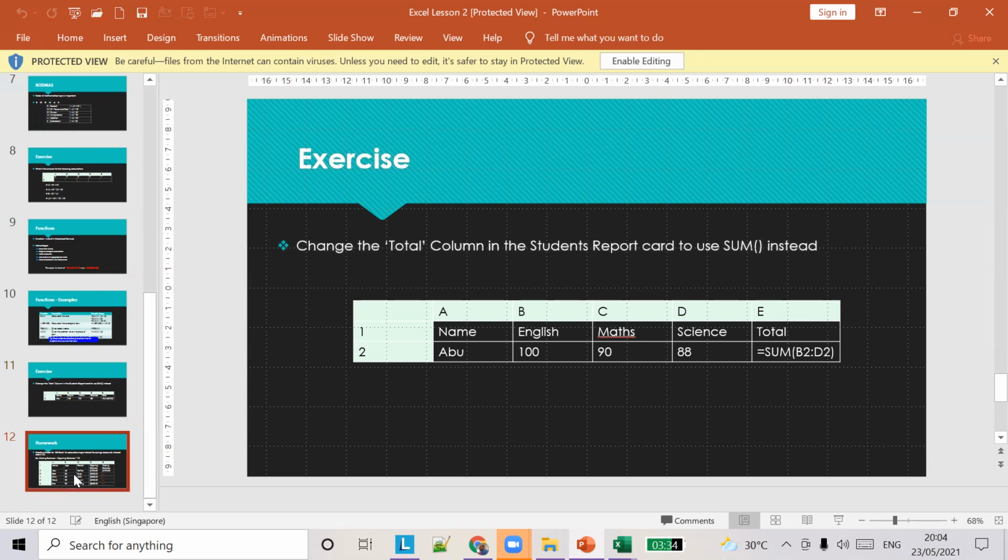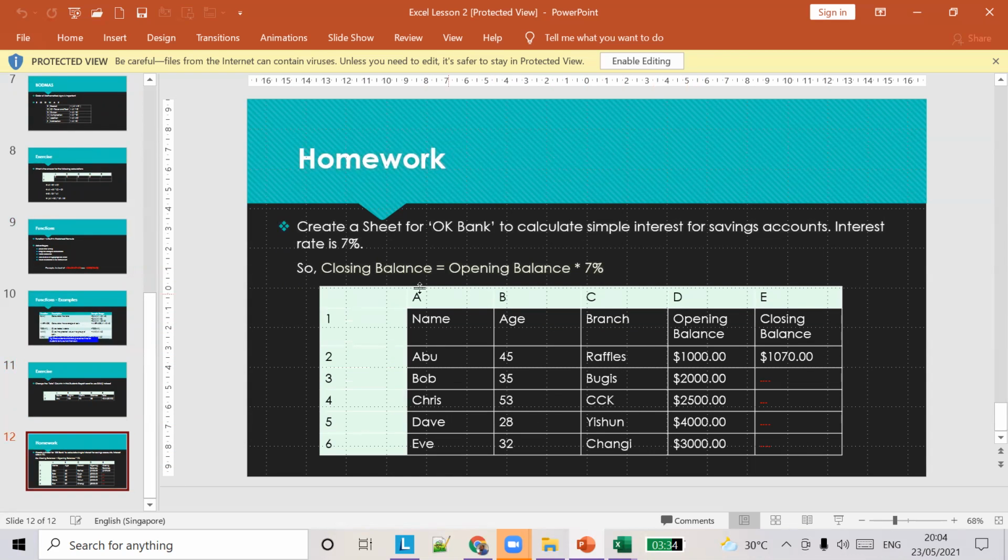And the last homework is you have to create a sheet for a OK bank to calculate simple interest for savings accounts. Interest rate is 7%. So closing balance is equal to opening balance into 7%. You have to calculate the interest of all the bank accounts.